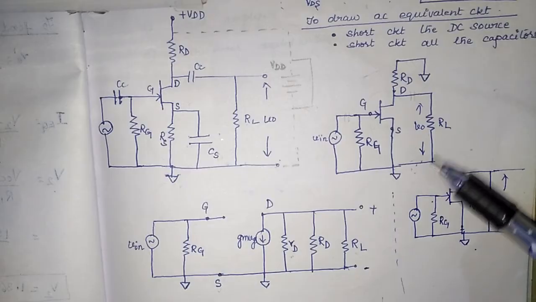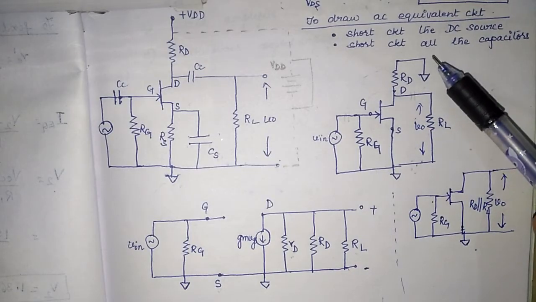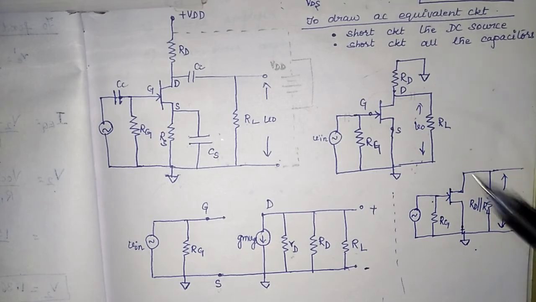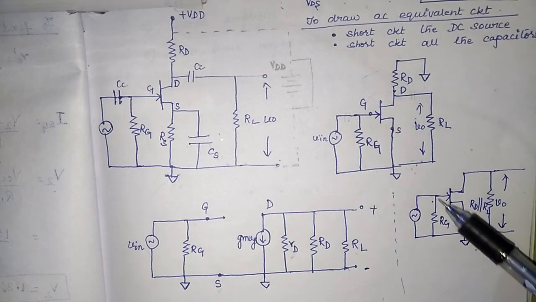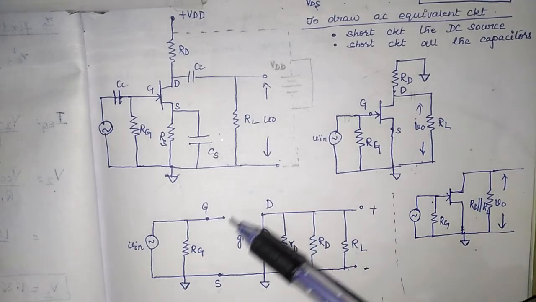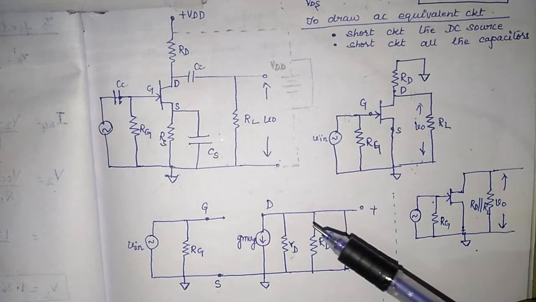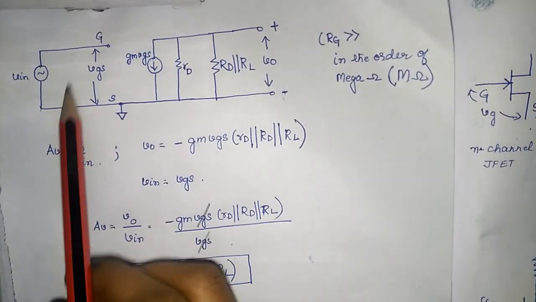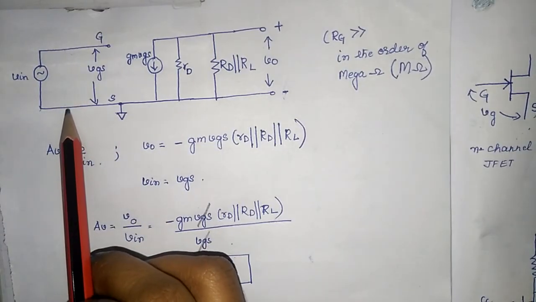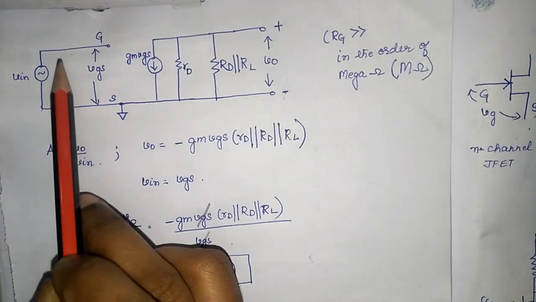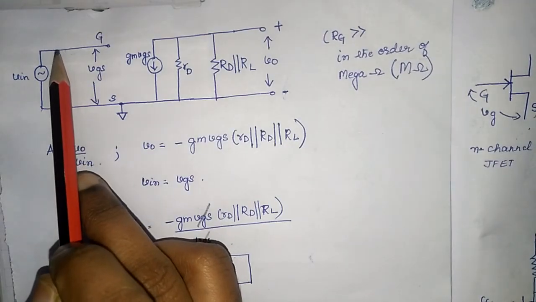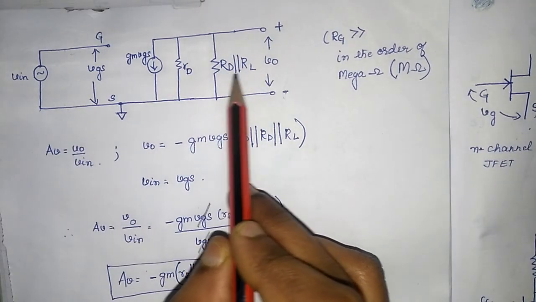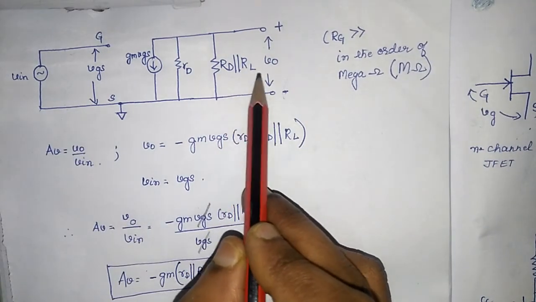So students, after reducing the DC source to 0 and shorting all the capacitances, the resultant circuit may look like this. And now we can replace the JFET so that the circuit will be looking like this. So students, if you see, RG is missing out here. Since RG is very large, I have considered it to be behaving like an open circuit. So RG is not here. Okay, the capital RG I am talking of above. Now I have written the equivalent resistance of RD parallel RL.